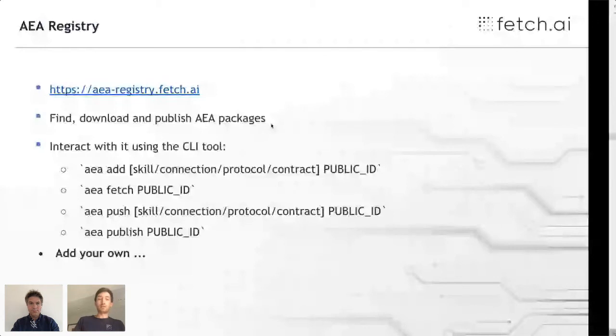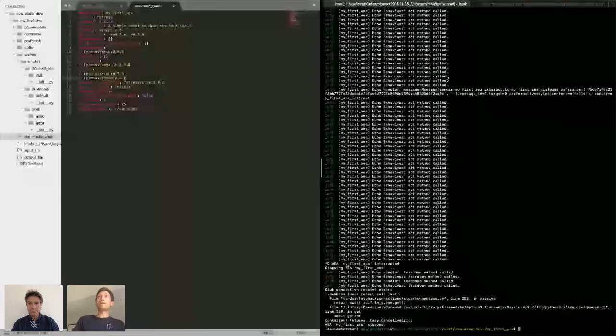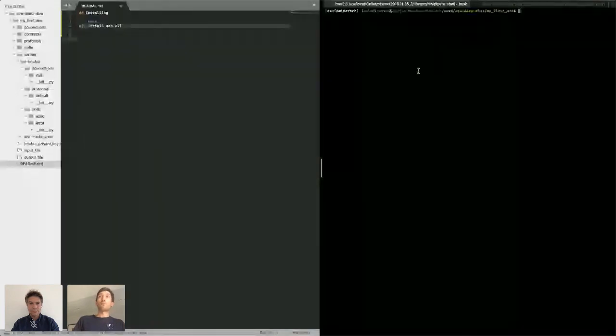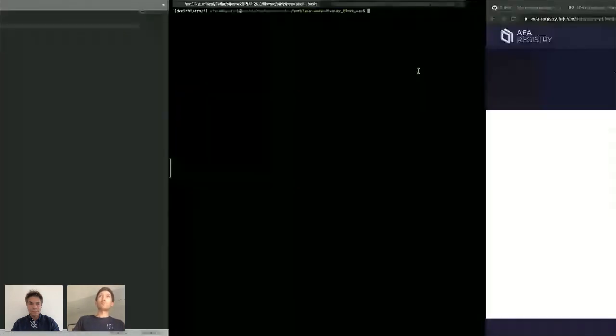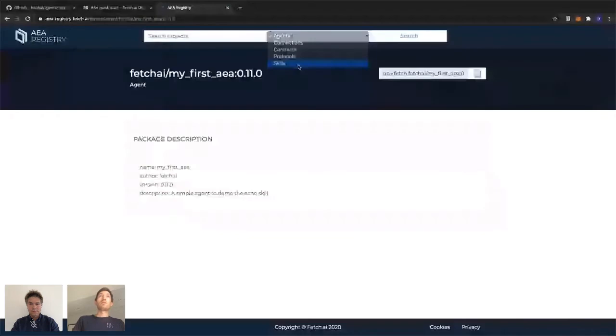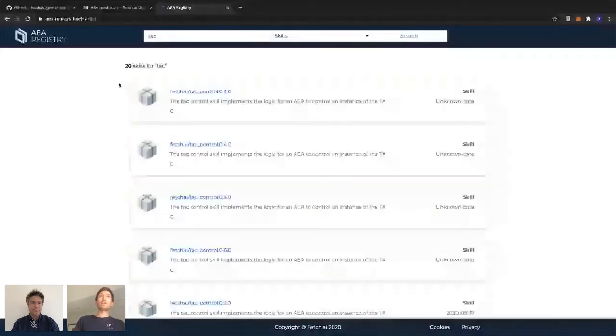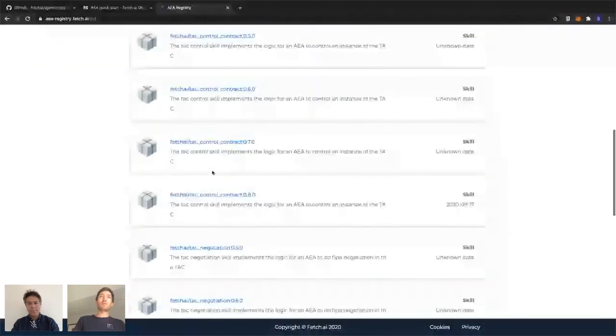So we had here our agent project, and let's say I want to now extend this further. So I'm just going to pick some random skill. So we've got this trading agent competition, and I'm going to pick a skill for that.